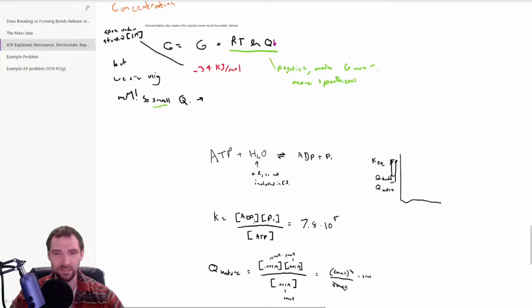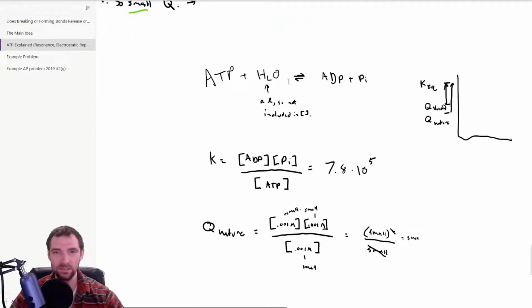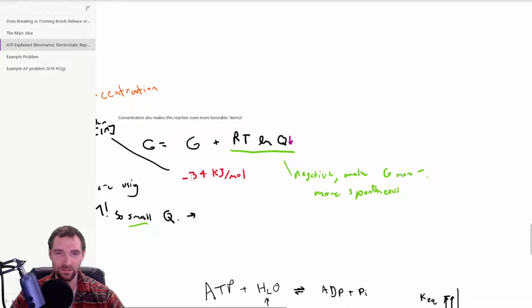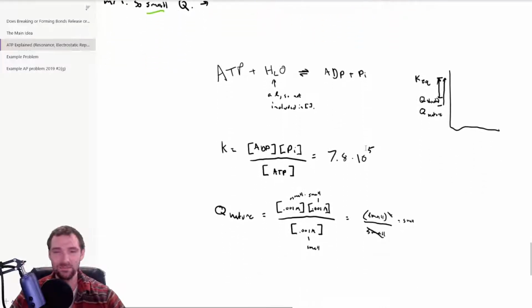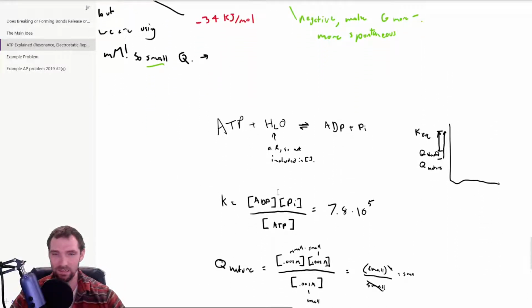So this reaction is pretty spontaneous going forward. If you looked at its K value, it's pretty big. It's releasing energy, so it's going to be spontaneous going forward. But the amount of energy that's released is usually calculated from 1 molar concentrations. When we're at physiological Q, we've got really small numbers. And so the Q ends up being even smaller than the Q standard, and so it's got even further to go. So there's even more energy being released. And so the standard numbers actually become even slightly more negative due to the fact that this Q value is small, making it therefore more negative, right? So there's some aspects of what's going on with the concentration here